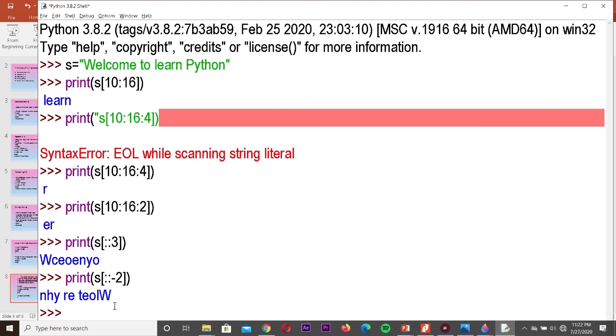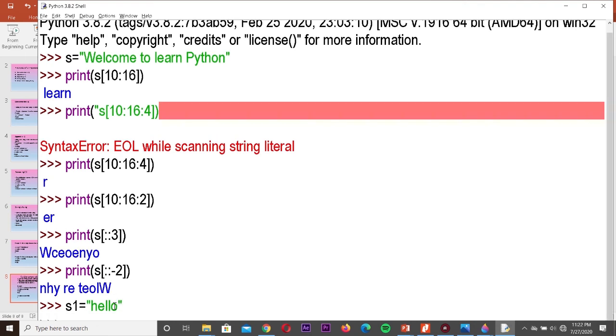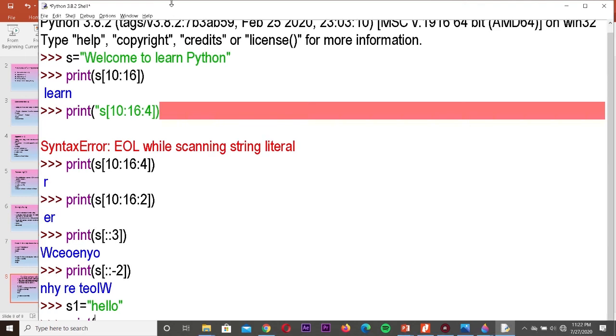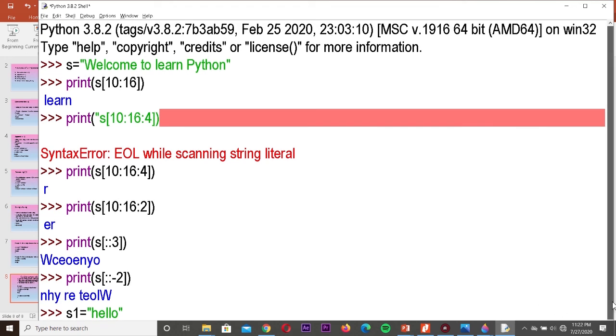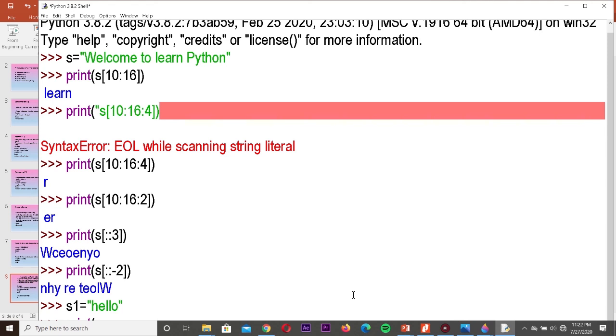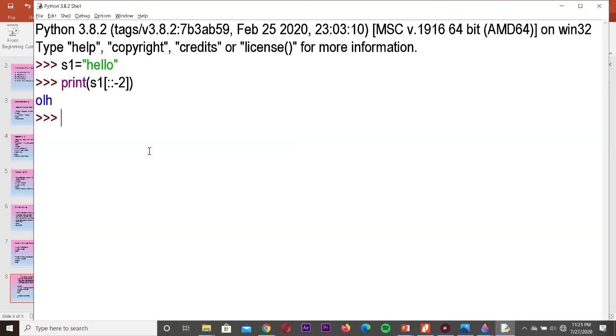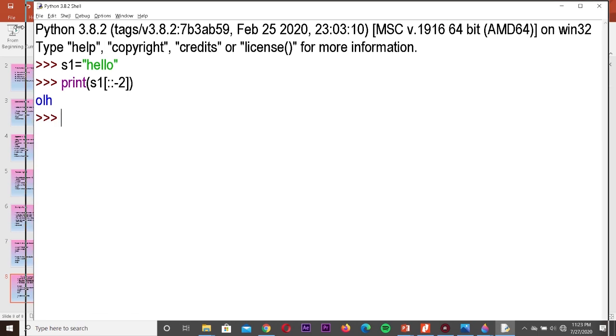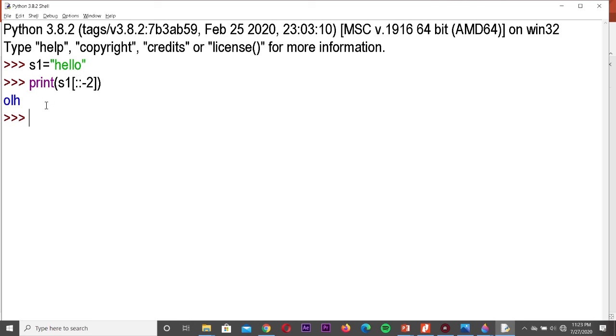For example, a simple thing you can understand. S1 is equal to HELLO, I am giving hello. Now I am writing print S1 of -2.